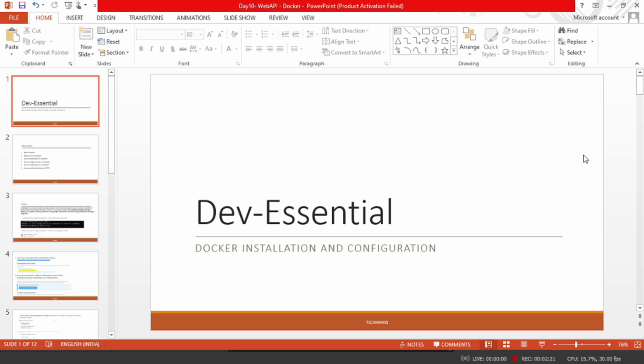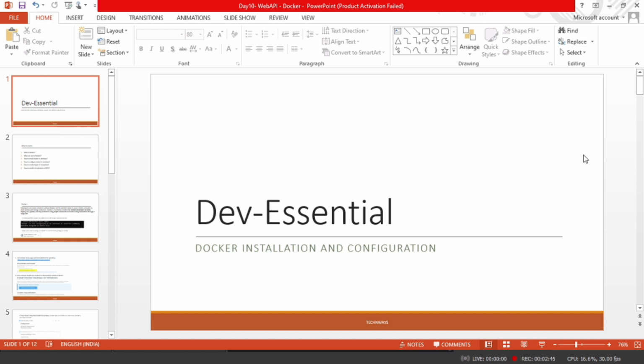We can configure it in AWS, Azure, or another server. But if we don't have those servers available, we can install Docker, separate out the container from our Windows platform, and install and configure that kind of server configuration in our container.